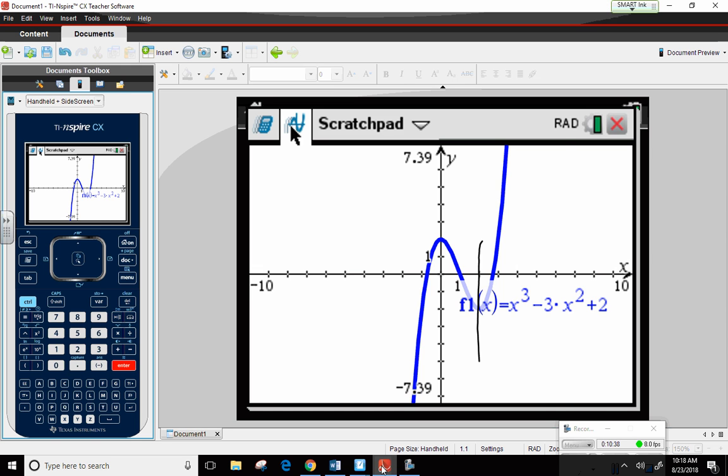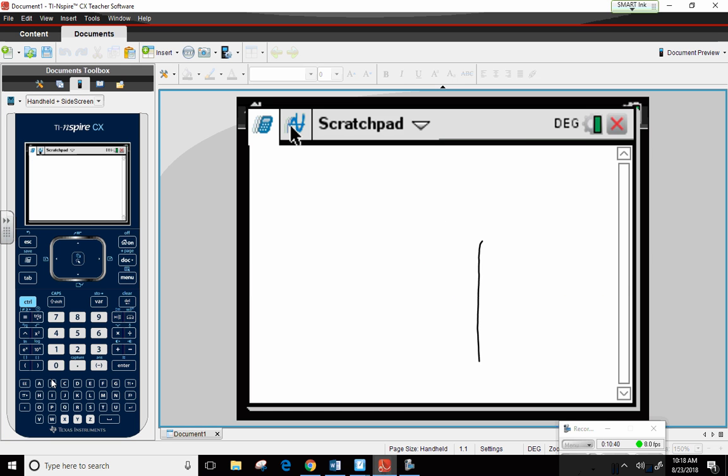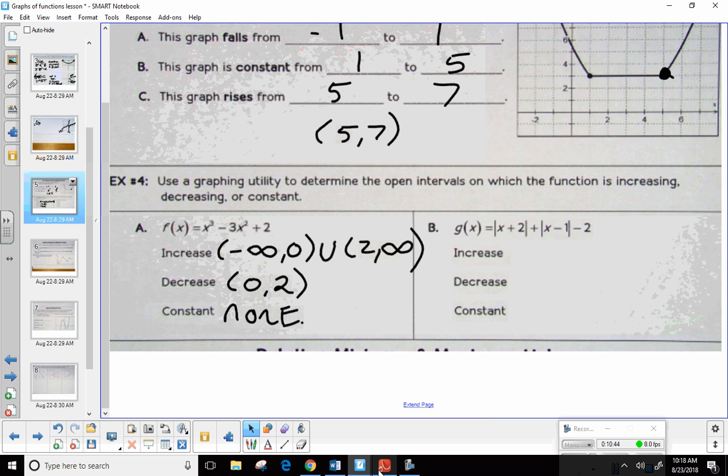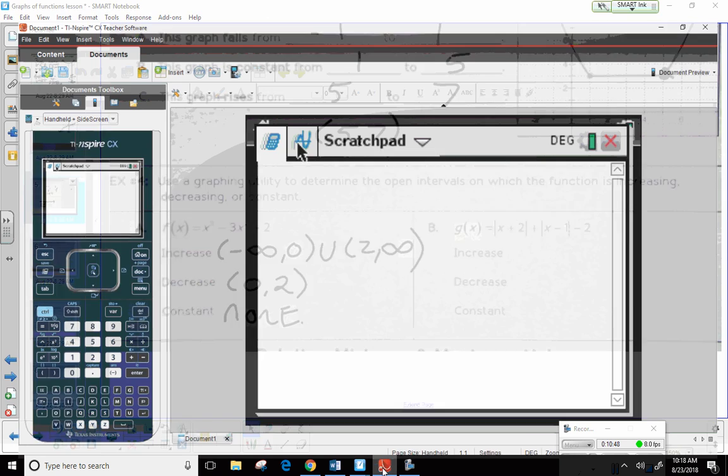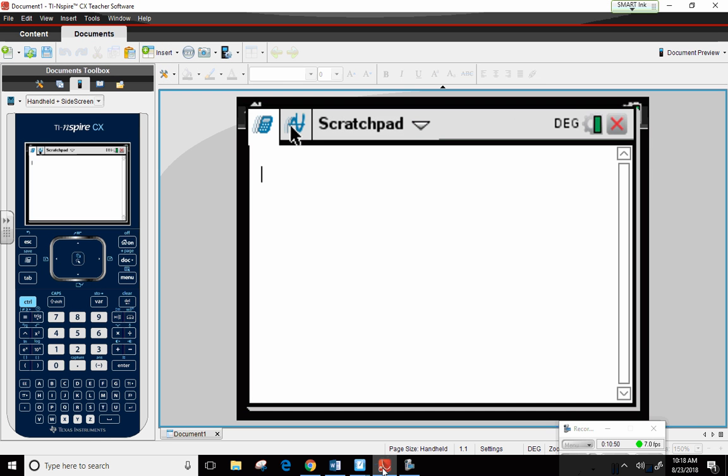Okay, so let me document out of here. And the other one is, what was it? The absolute value of x plus 2 plus the absolute value of x minus 1 minus 2. Okay, so you'll notice on your screen, and let me use the keyboard and the mouse since I'm recording this,